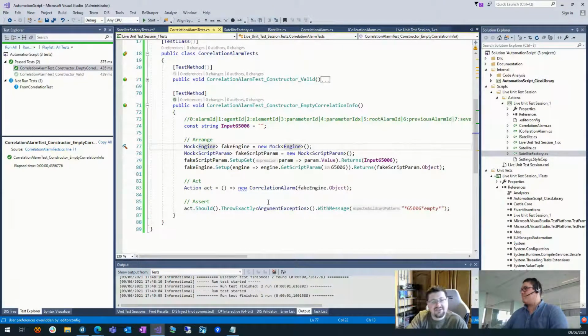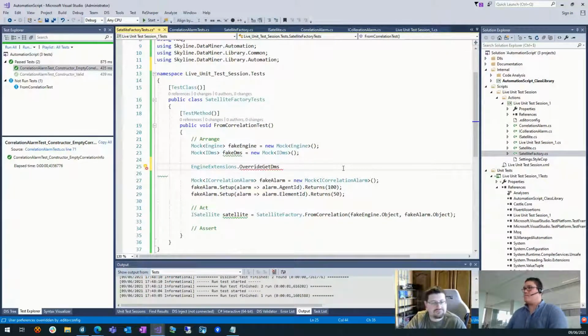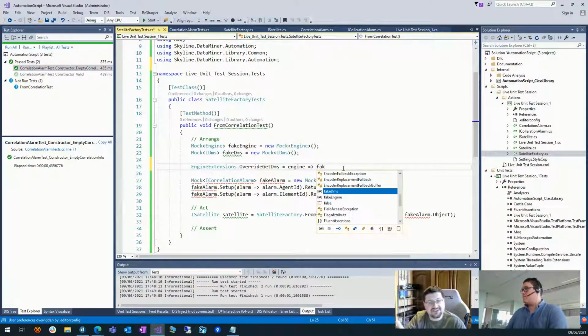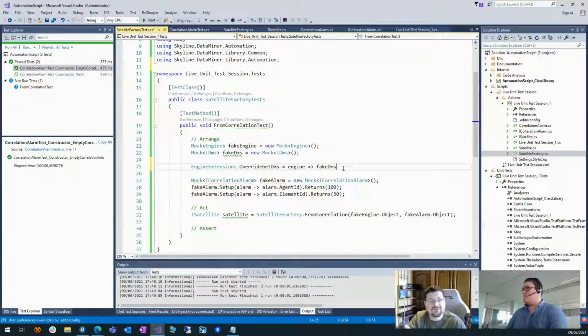So instead of doing that, let's just return our own fake DMS. In there, you'll do the same layout, so engine as the input, but we're just going to return fakeDMS. Is that going to work? Yes, that's basically newer C# syntax, so you don't need the entire return statement around it. It's basically the same.